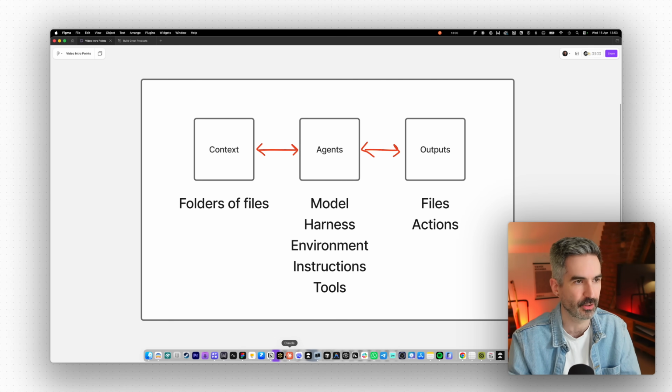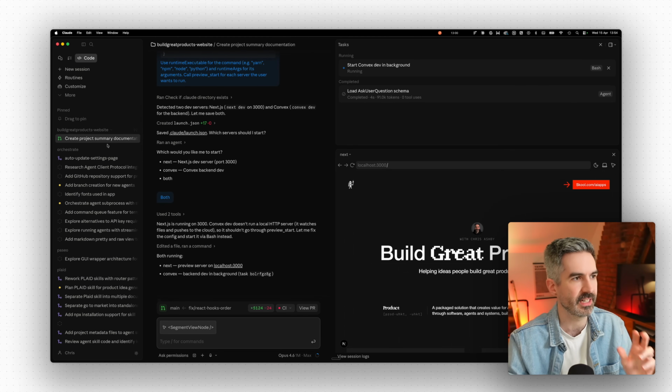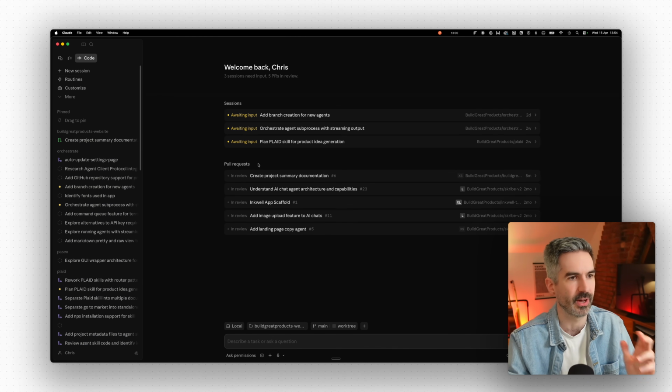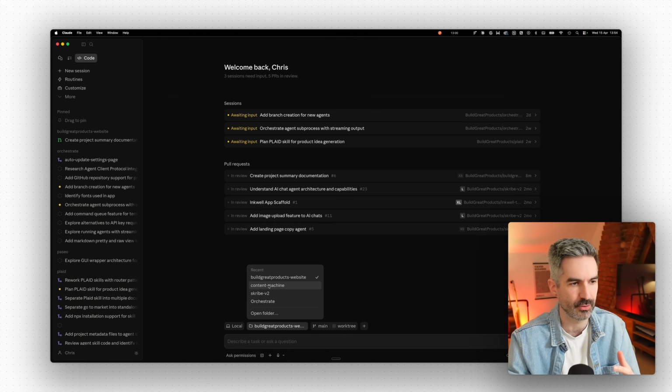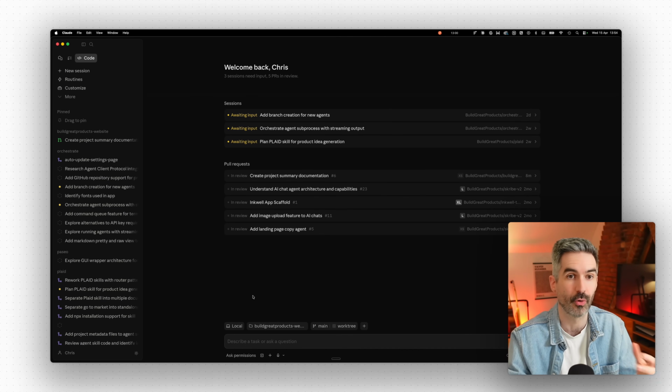If you go back to the Claude Code desktop app here, you can see that this is the case. So you have a session that you create with an agent. You give it access to context, which is basically a folder of files, either in the cloud or locally, regardless of whether that's code or not. You then ask it to do a task for you, and the agent produces outputs for you, which are basically code or files or images or video